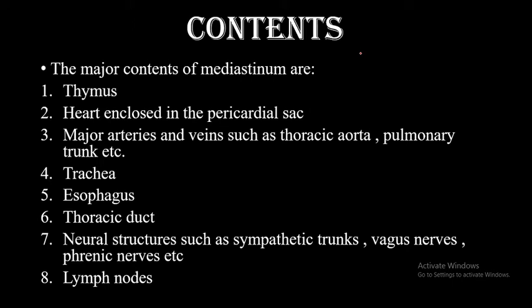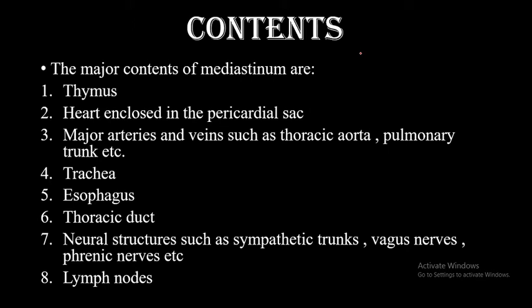There are major arteries and the veins such as the thoracic aorta, pulmonary trunk, etc. Very important two structures related to the GIT as well as the respiratory, that includes the trachea and the esophagus. Then comes the thoracic duct. Then certain neural structures such as the sympathetic trunk, vagus nerve, phrenic nerve, etc. And also the eighth content is the lymph nodes. Okay, so this is the general contents as such which are present in the whole of the mediastinum, which includes